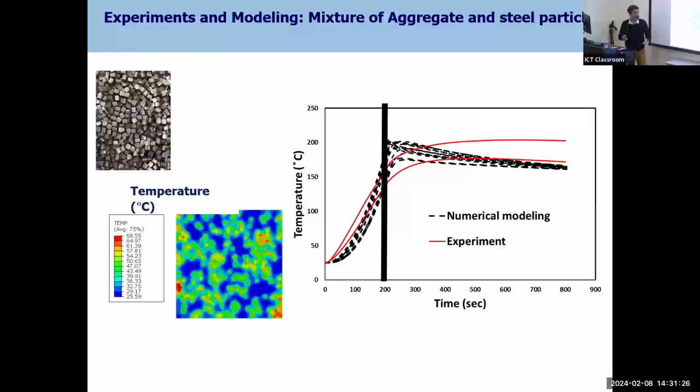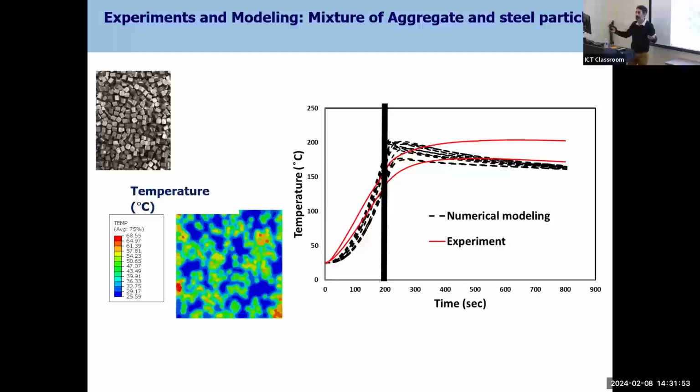And what we were able to do, again, a very simple model, 2D. We created the gradation of the aggregates, distributed those particles in the mixture, and computationally applied electromagnetism to it.